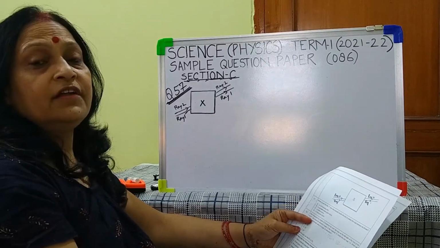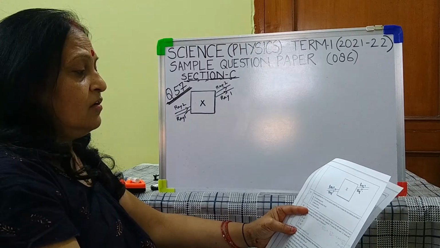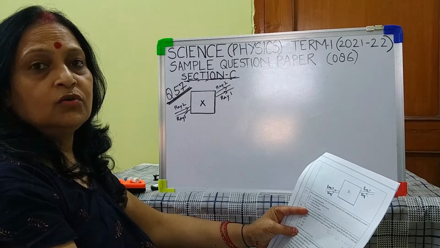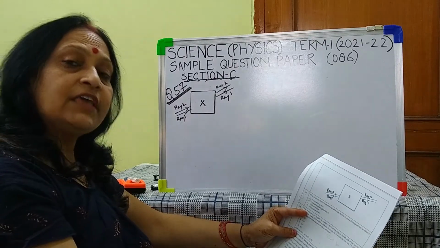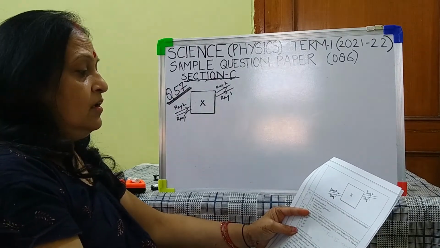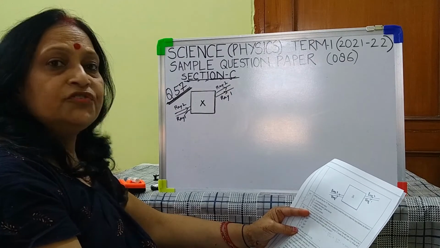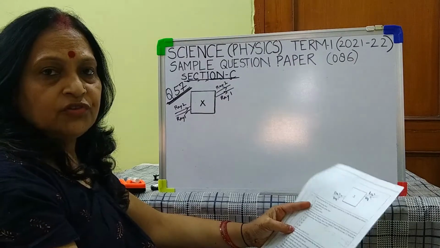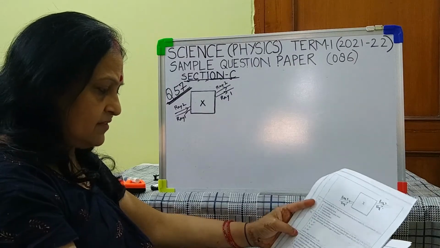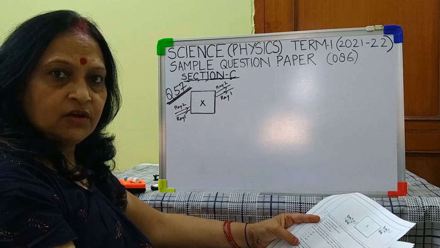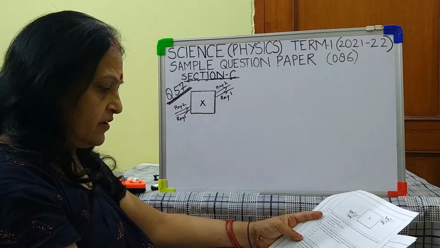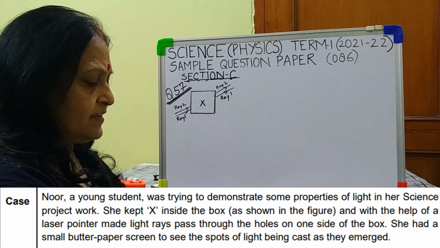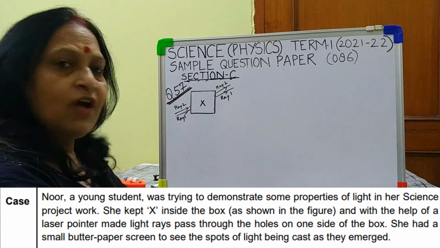Now, after completing section B, we are moving ahead to section C of the same sample paper, in which question number 57 is there. Before that question, it is a case study theory question in which it is written, the case is, according to the case, you have to give the answer.